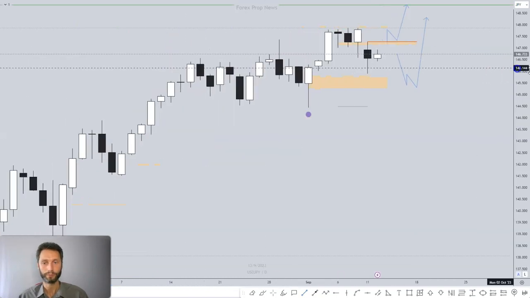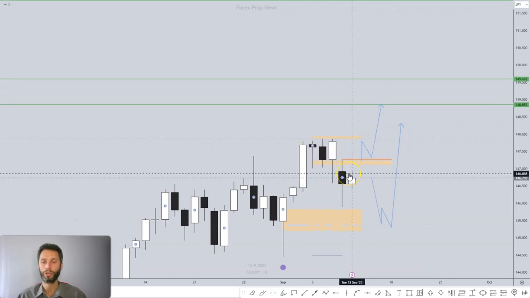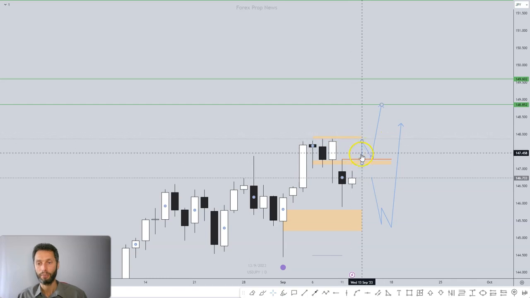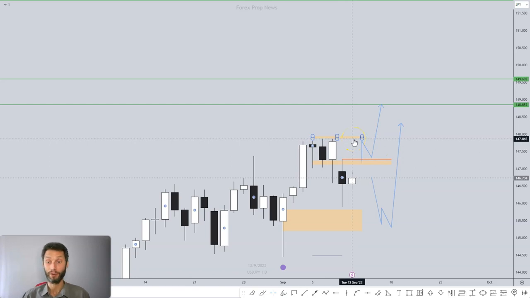That would give us a much better confirmation of a break of structure, significant structure, and then we're going to go to the upside. It may be that the entry will be a little bit higher, not the optimal price. However, it's better to get a good clear price rather than the best price and a riskier one.